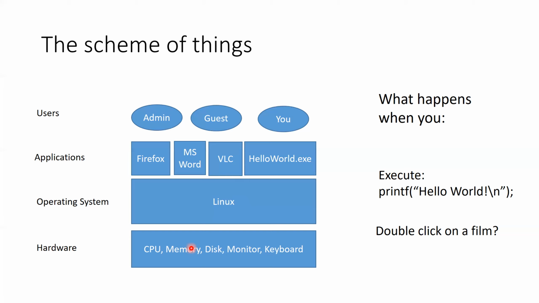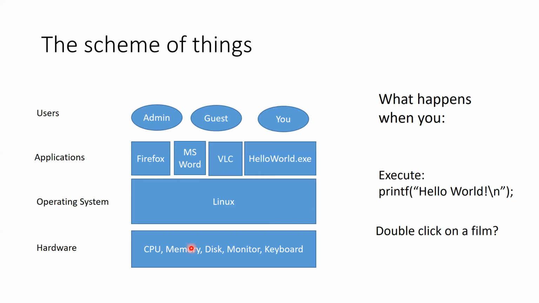Okay? So that's kind of a broad overview. It's not exactly the detailed view of what will actually be happening on your system, but it gives a rough idea of how the hardware and software interplay with each other via this operating system when things are run on your system. So here in broad lines, we described what happened when you double click on a film icon and the film started playing on the screen.